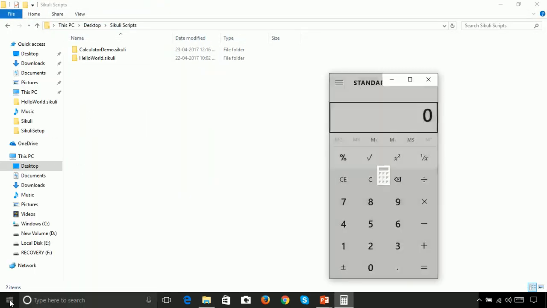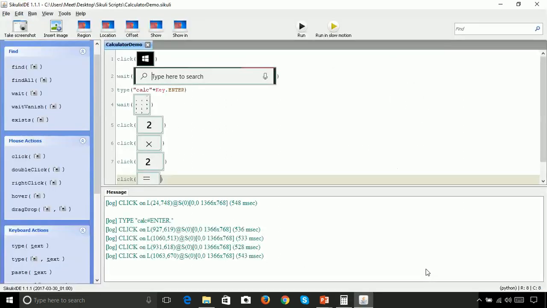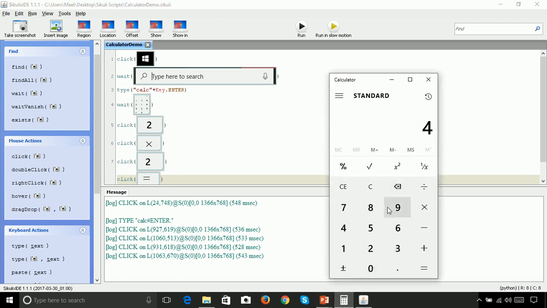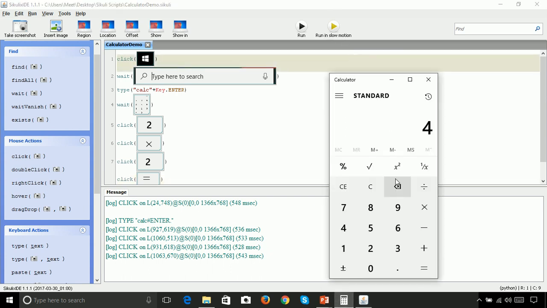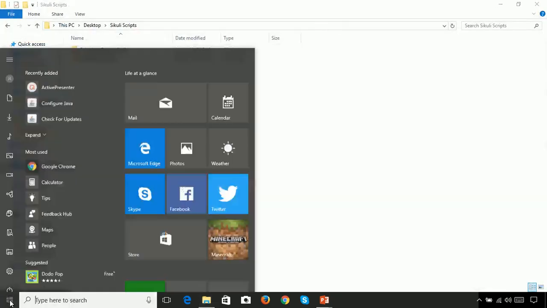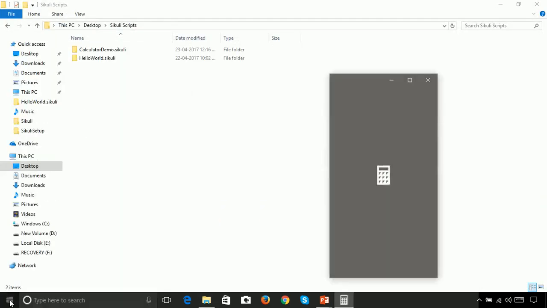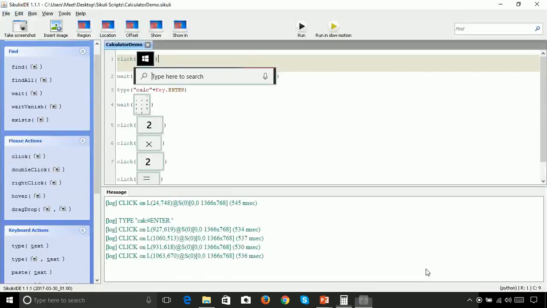Calc, yeah, so this is opening our calculator, 2 multiply 2 and equals. So if you will see in calculator, we get the answer. If you want to see in detail, then let's run in slow motion. So you can see all the detailed steps here.